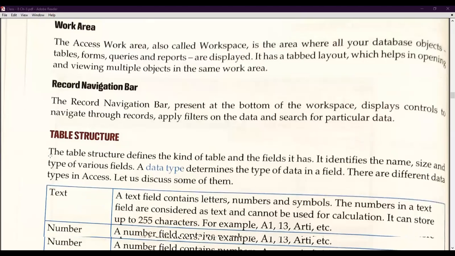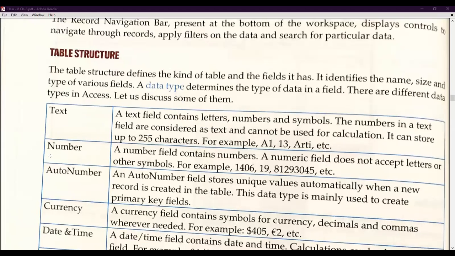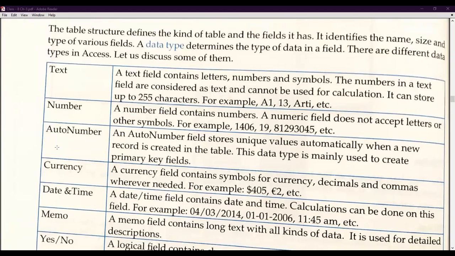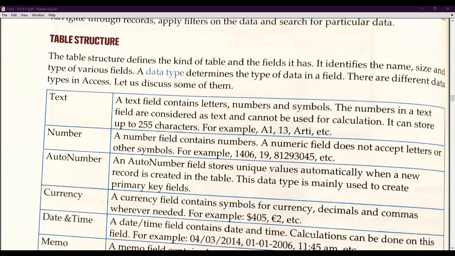Now I will tell you some basic terminologies related to table structure. Table structure means which kind of structure we are going to use in our table. Students, it is important to understand which type of data we consider while creating any table. We may include text, numbers, currency, date and time, and so on.